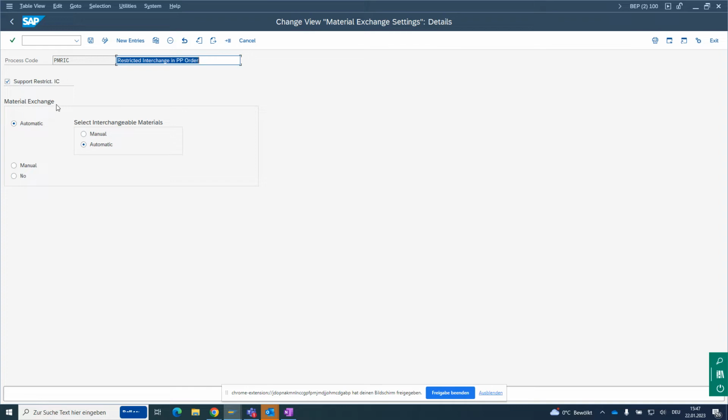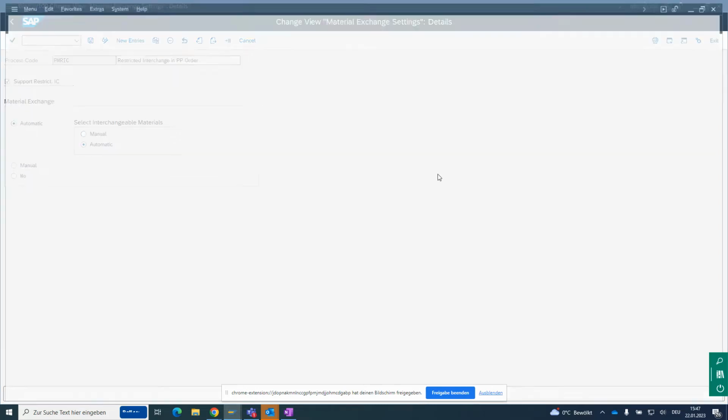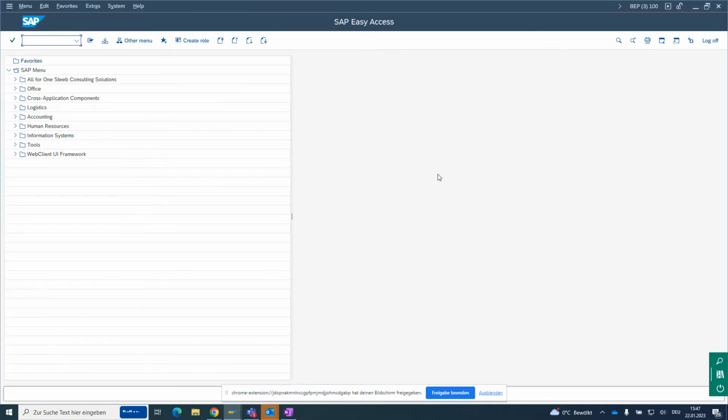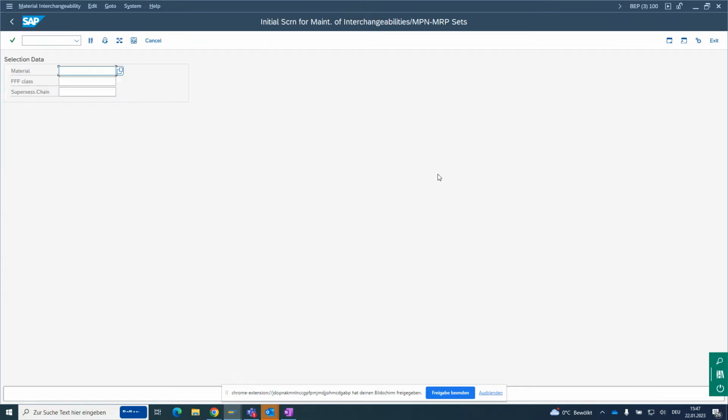Basically, we can activate the material exchange, and the material exchange can be proposed automatically or manually. And also, we can interchange the materials automatically or manually. And this option I will show you in the next transaction. But anyway, in order to define the interchangeability of materials, we need to go to transaction PIC01,